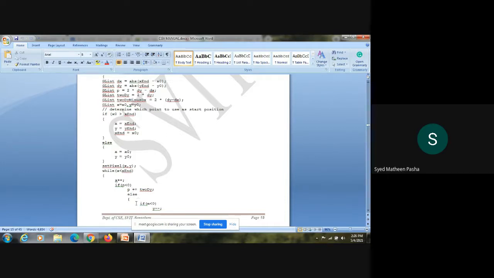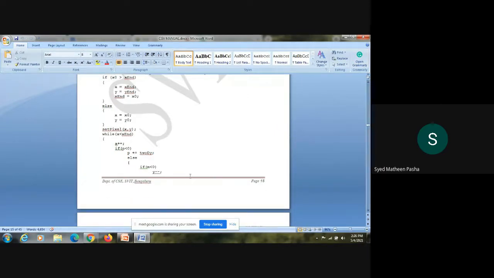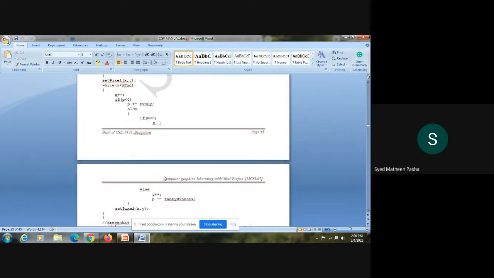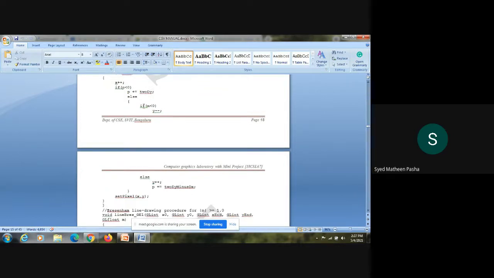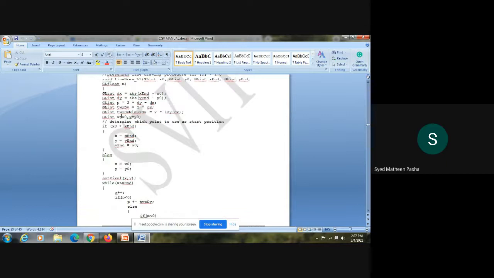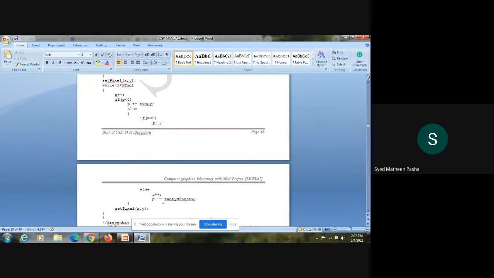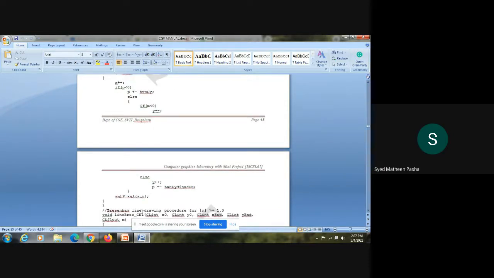Else, if this is not true, it will check if the slope is lesser than 0 and start decrementing the y coordinate, that is y minus minus. Here the decrement of the y coordinate is done. If the slope is not lesser than 0, it will increment the y value, and the decision parameter is updated by the formula p equals p plus 2 dy minus dx. What is 2 dy minus dx? I have calculated it already: 2 dy minus dx is 2 into dy minus dx. So this value is put in there and calculated. Now I got the value of p. Then again it will go to the set pixel function, which is being displayed there.